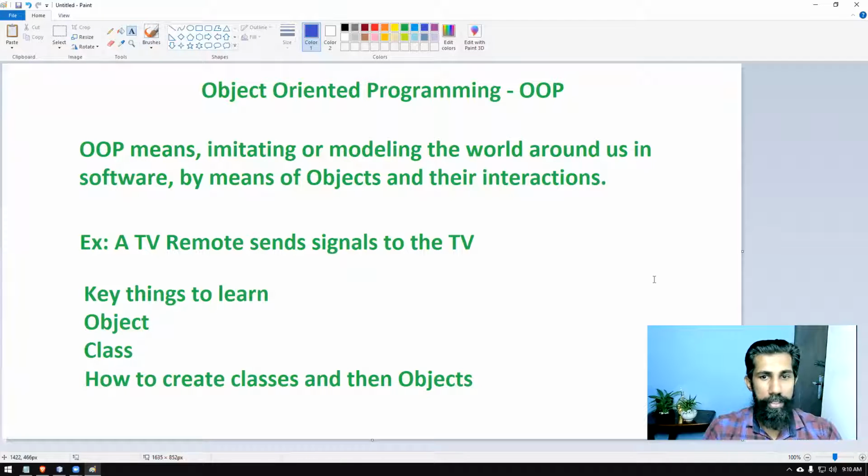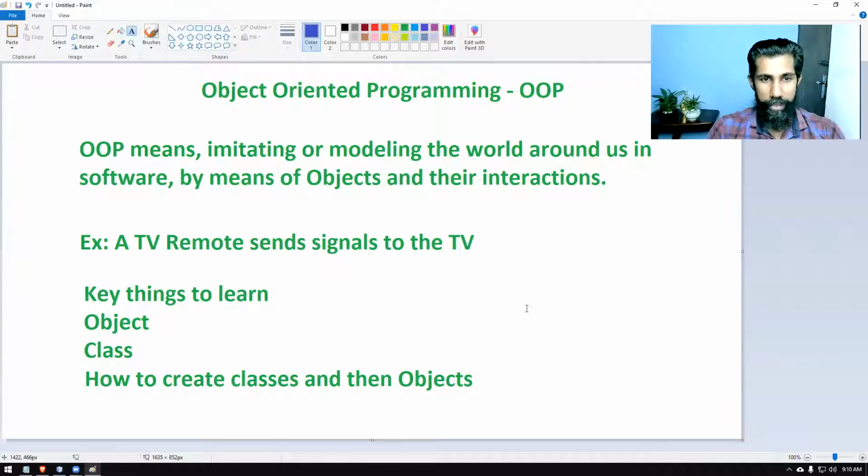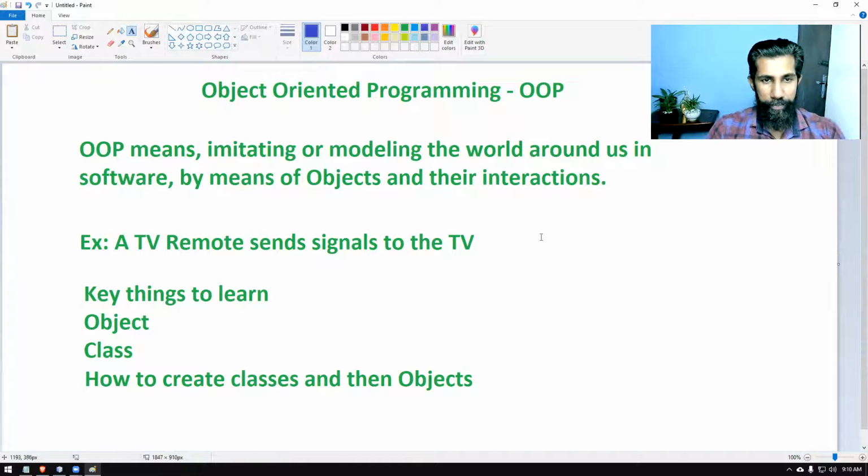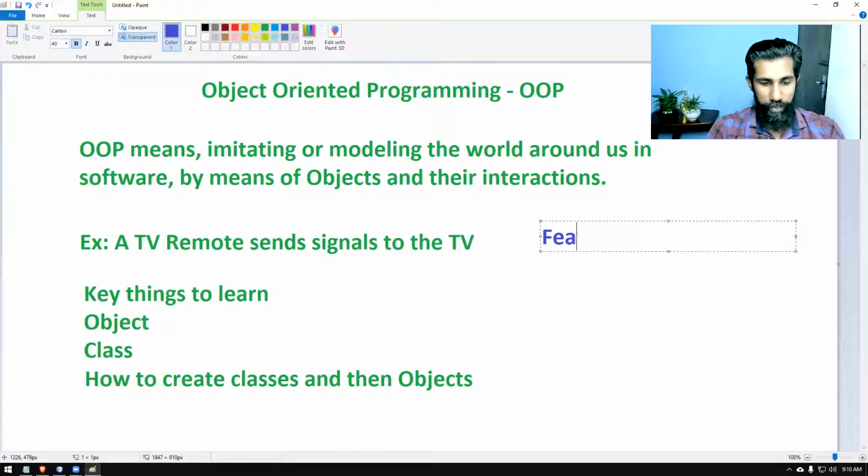And if you take a look at the features of object-oriented programming, there are mainly four features. Number one is called abstraction.